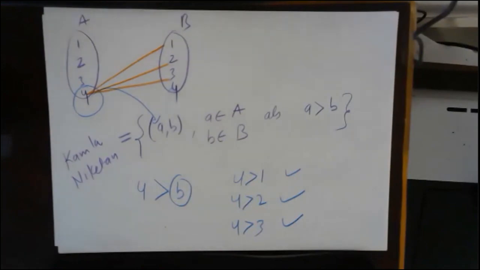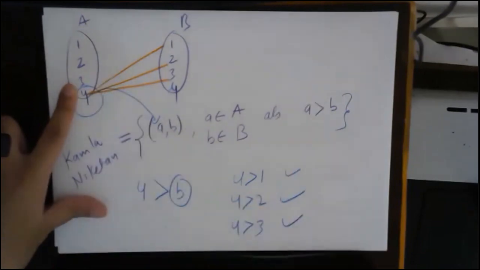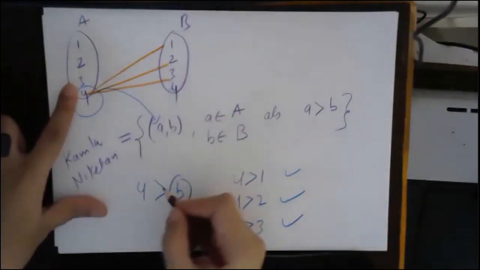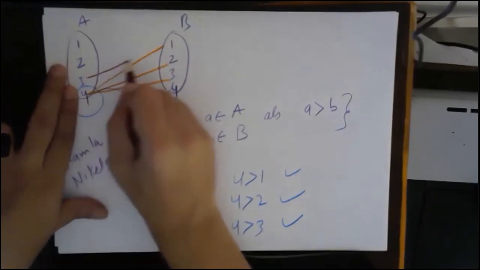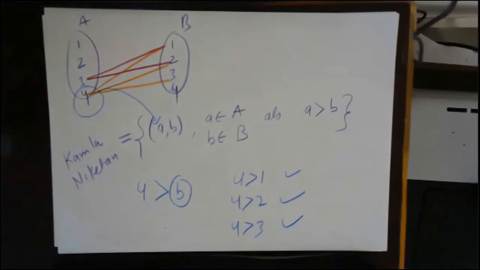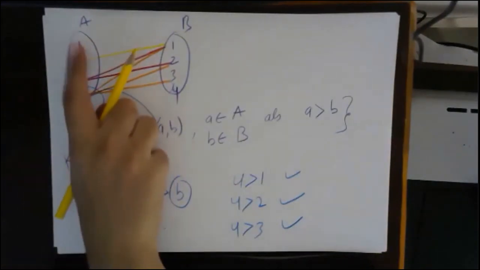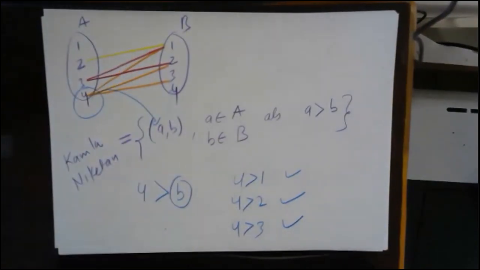Understood? Very good. Now, in the same sense, 3 will be linked with which elements? 1 and 2. Very good. Now if I am talking about 2, 2 will be linked with only 1. Excellent. And 1, this poor one, will be linked with which element? Nothing, because 1 is not greater than anything. Here it should be 0, -1 and so on, but those elements are not there.